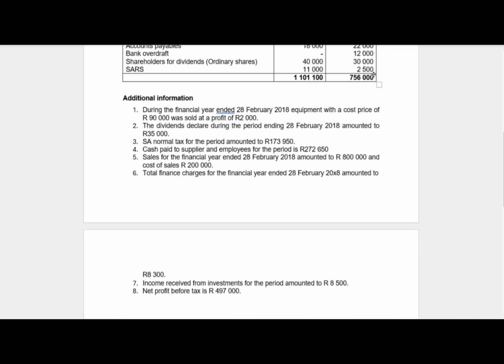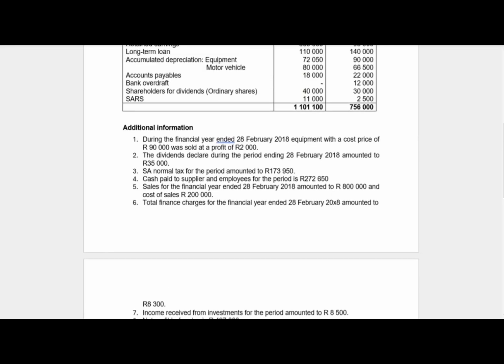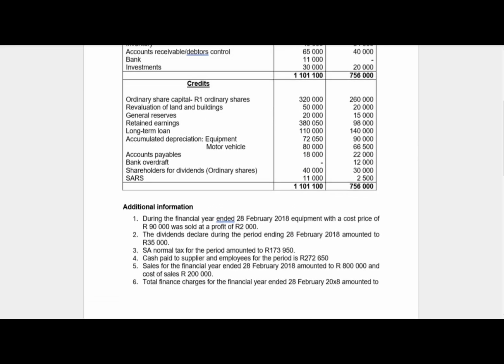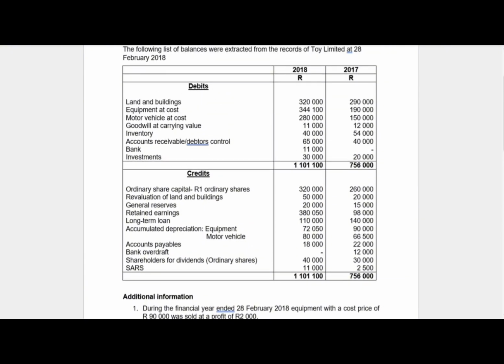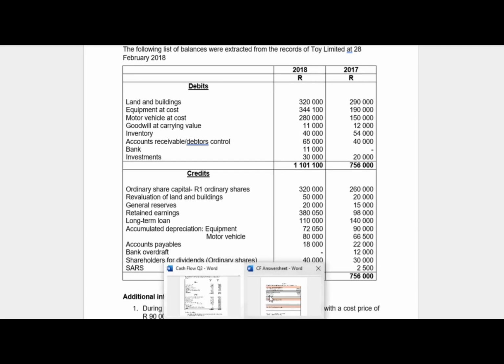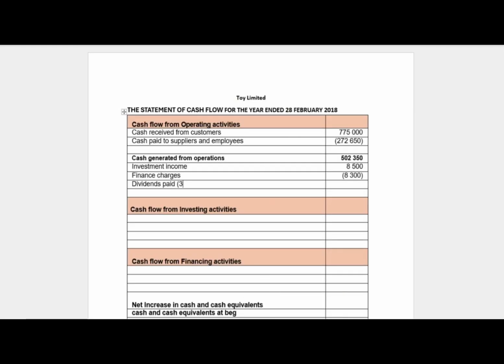You are going to take shareholders for dividends at the beginning, which should be from the previous year. The previous year is 2017, and the current year is 2018. So you're going to say opening shareholders for dividends of 30,000, right? So you go to your answer sheet right there, you say 30,000